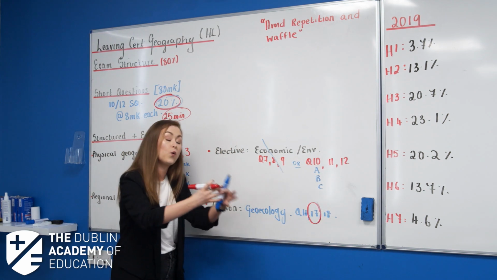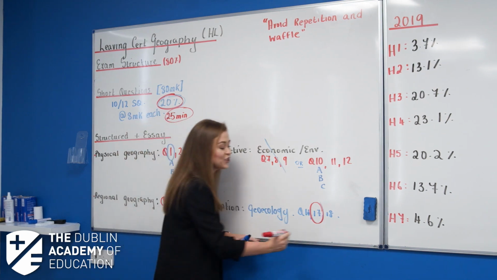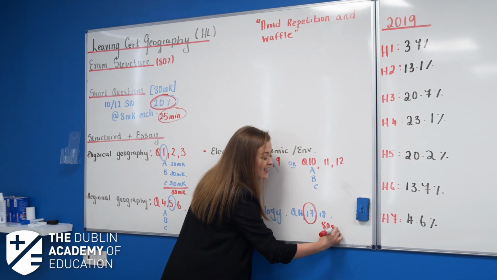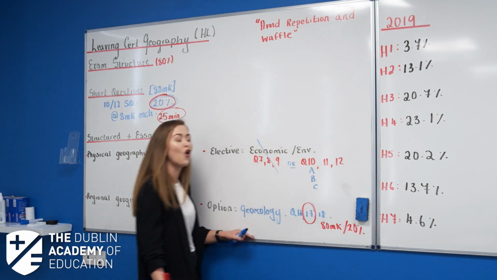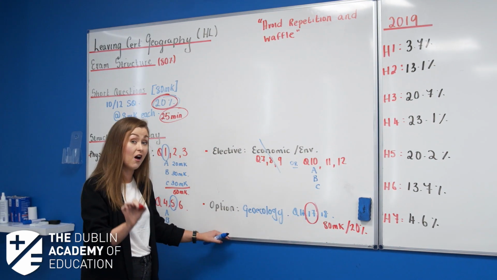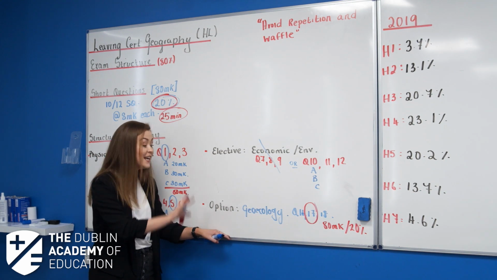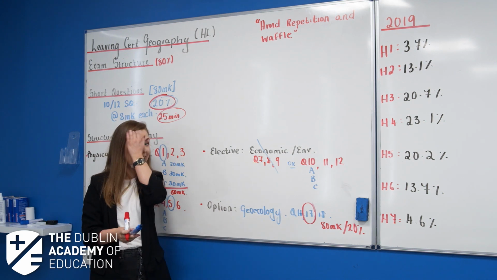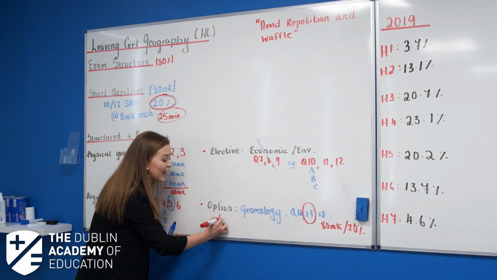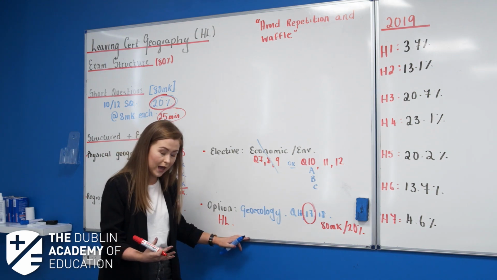So you might pick question number 17, and that is one essay style question worth 80 marks, or 20% of your final grade on that paper. So that essay question, your geoecology, is 20% of your paper for that one essay. And this is a higher level topic only, so that's why it's that little bit more difficult, okay?